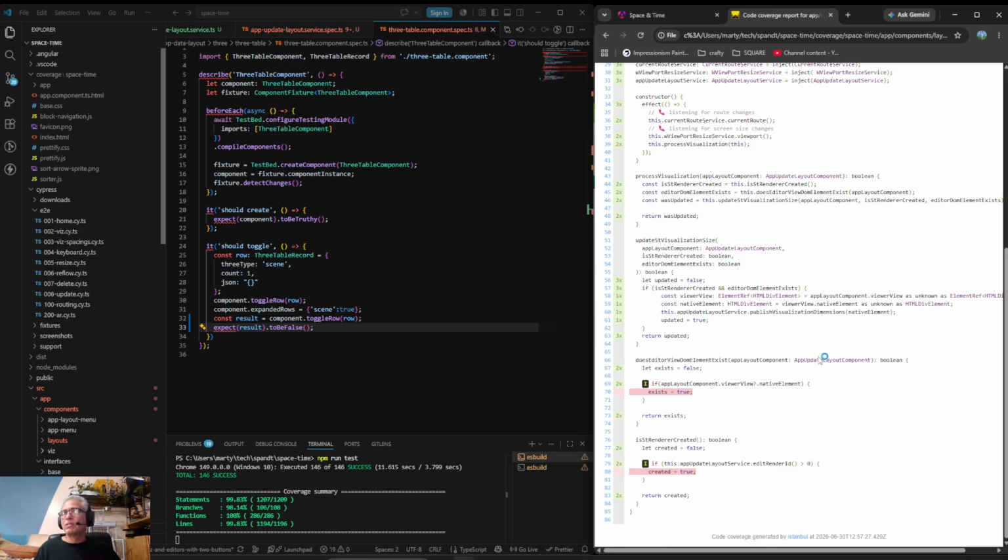All we have to do is create an app layout component object and make sure it has a native object at viewer view and native element, and we'll get a true back. This one is very fascinating to me. I can't wait to see how this one works out.